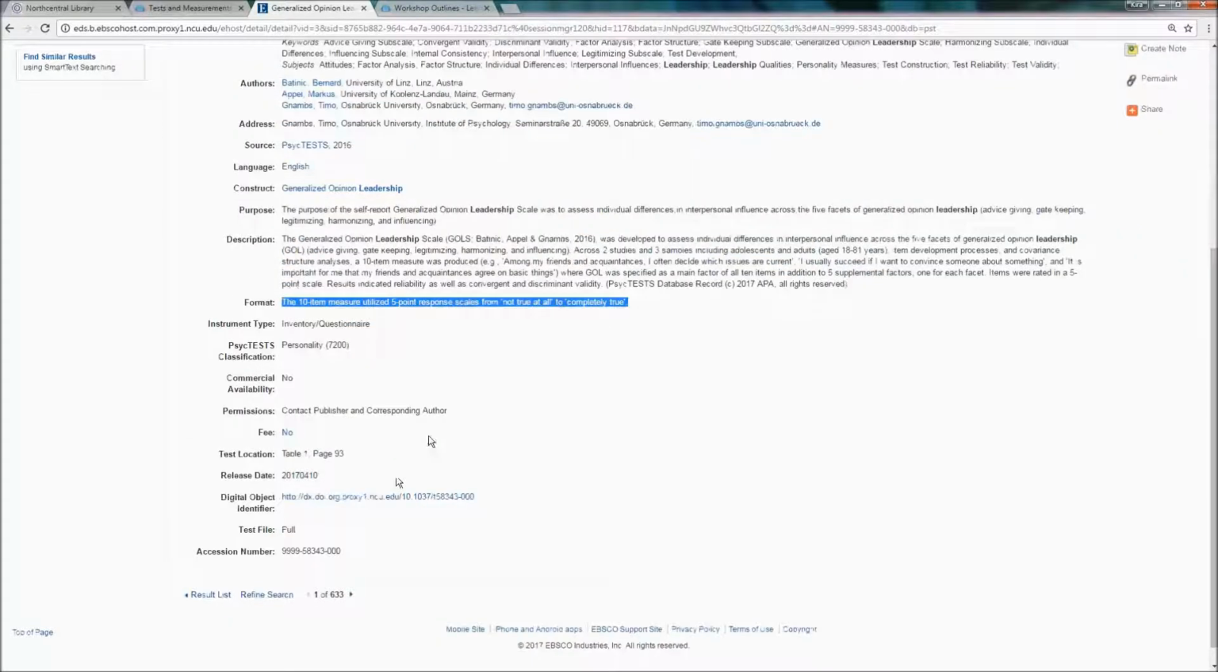As we scroll down, this is the important area that we want to look for, and that's those permissions. In this particular case, and I'll show you a different example in a moment, permissions are not automatically granted. Now, they may be very easy to obtain, but you will need to contact the corresponding author, and that information is provided up here, to find out if you can use this test for research